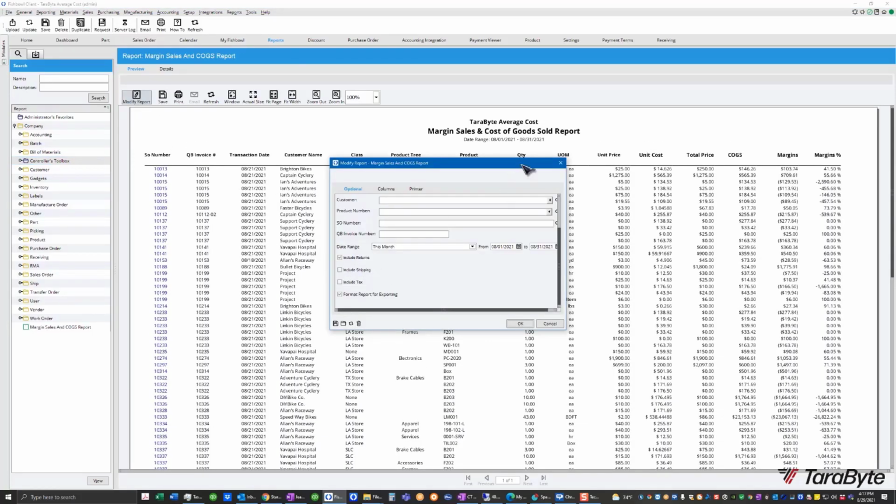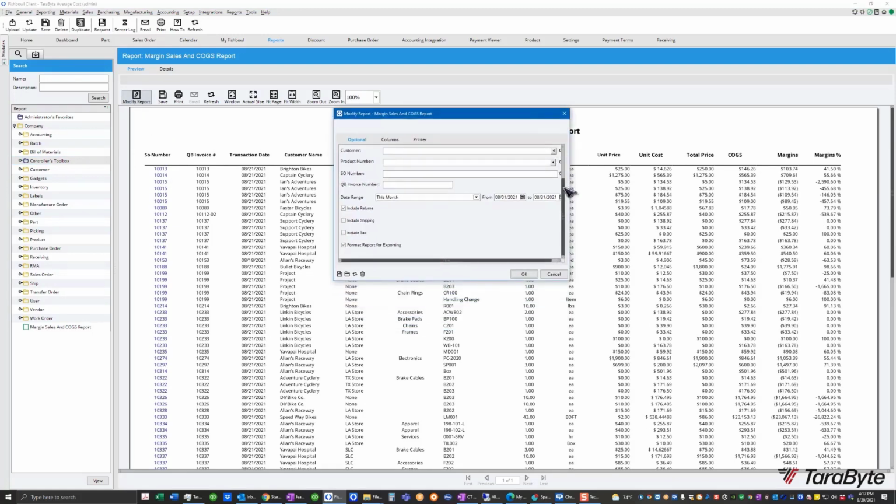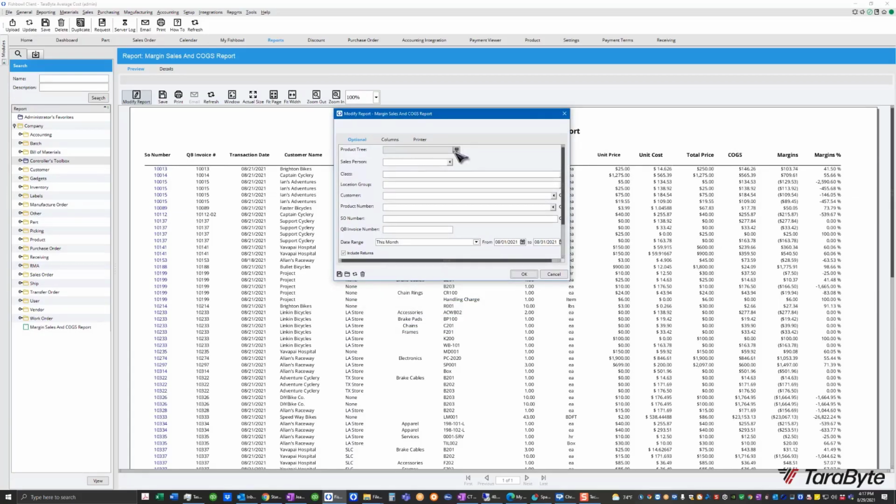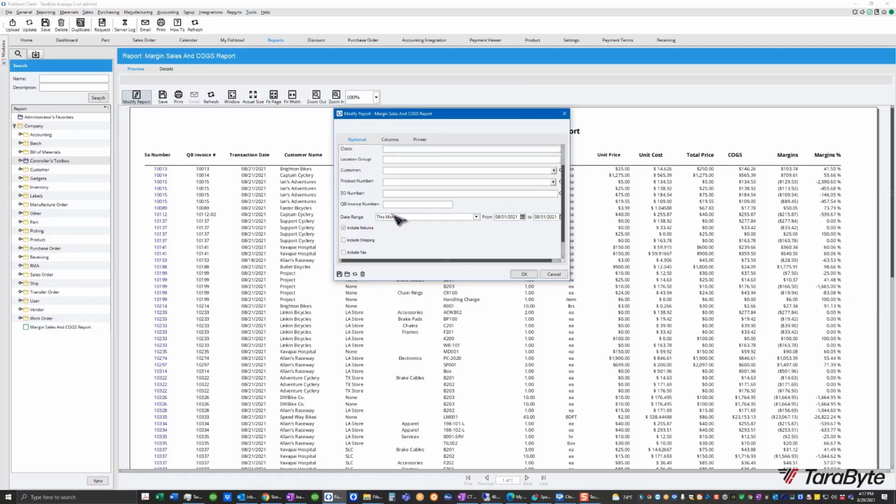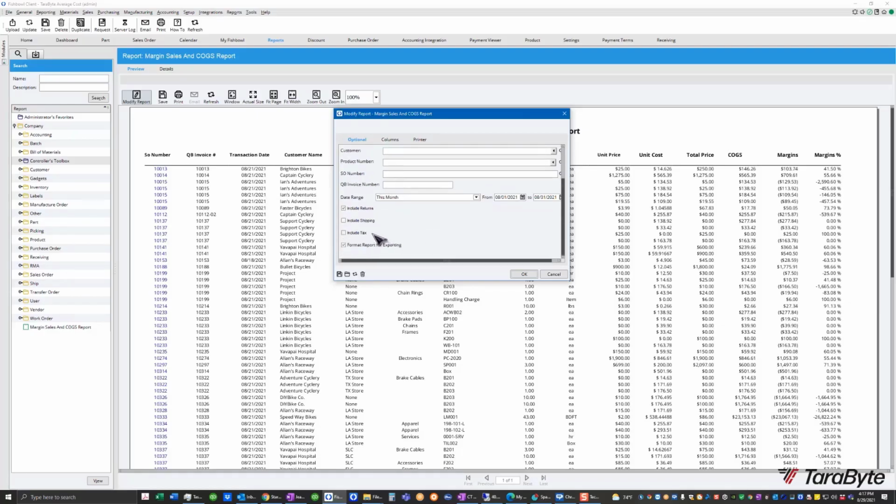So modify report. We have different ways we can filter this report. We can ask for branches of the product tree. We can ask for individual salesperson, class, location group, customer, individual product number, individual sales order number, and even the QuickBooks number. And we can include returns or not. We can include shipping or not. We can include sales tax or not. And we can format for exporting, or we can format it for